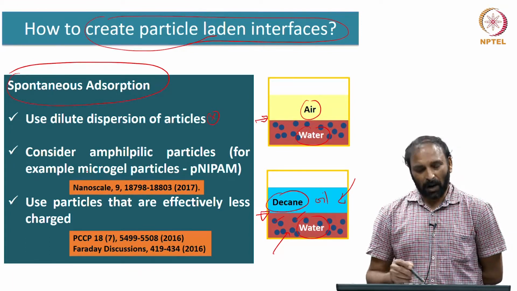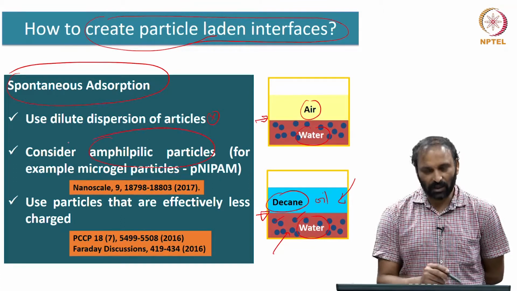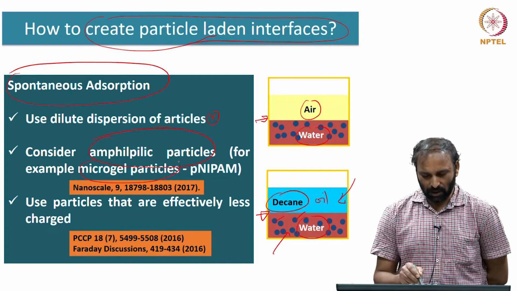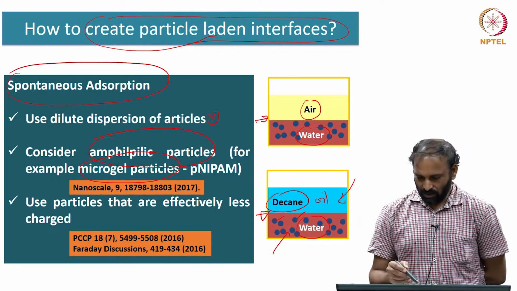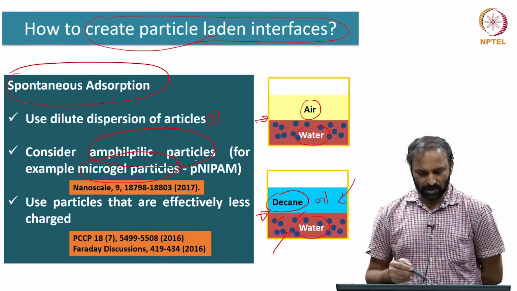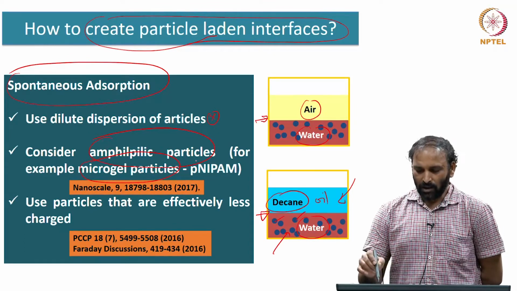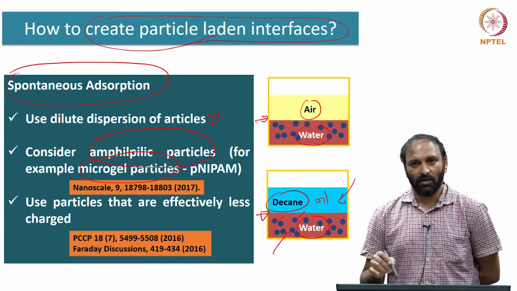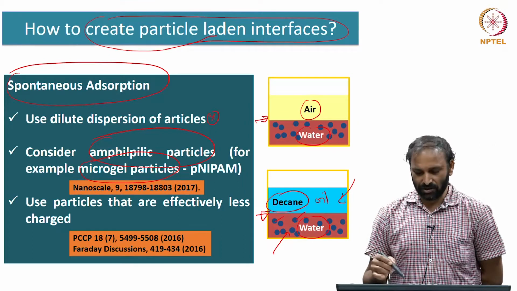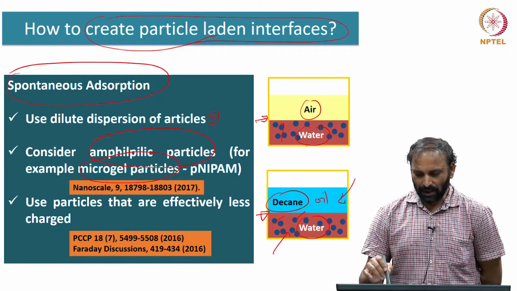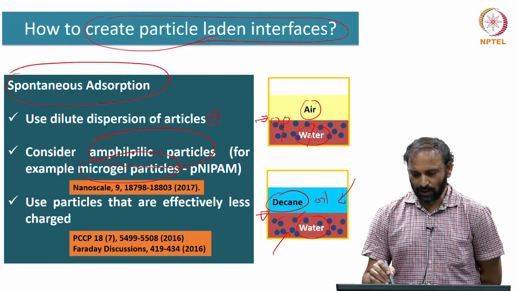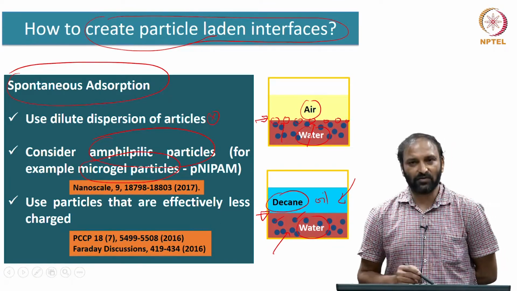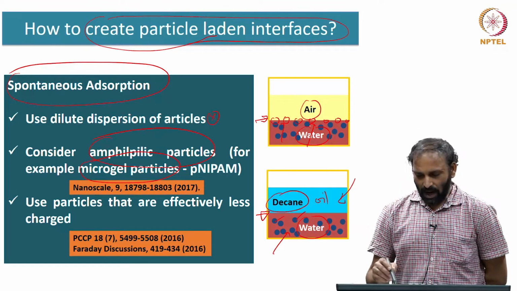Then if the particles are amphiphilic, that means they are surface active. Example could be microgel particles, or PNIPAM, or any microgel particles which are known to be amphiphilic, and in spite of dispersing these particles in the bulk, if there is sufficiently low concentration, you will see that all the particles migrate to the interface, and then they decorate the interface. Okay. That is one way of creating an interface with particles,